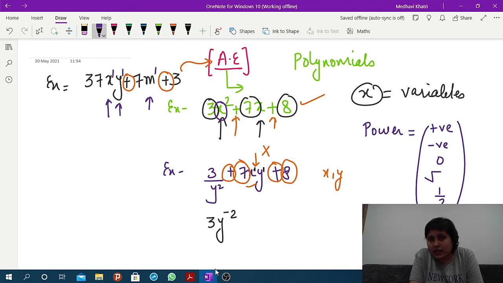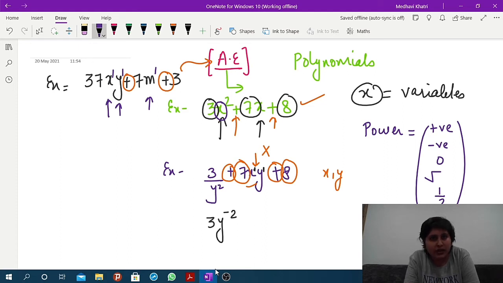As I was telling you in the starting also, a polynomial is a special type of algebraic expression. Now I think you are all clear with this concept: polynomials are a special kind of algebraic expression whose variables can just take whole numbers as their powers, not other than whole numbers. That means 0 and all the positive numbers till infinity. Is it clear? Any other doubts regarding polynomials or the explanation of algebraic expression? No? So shall I move further?